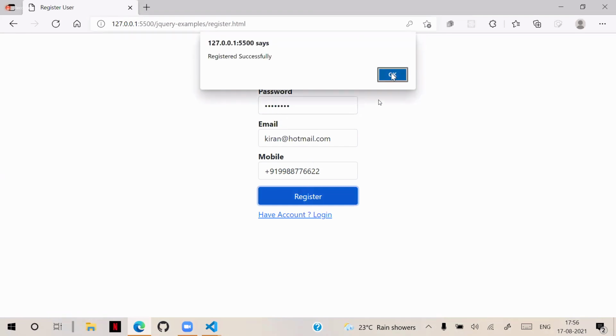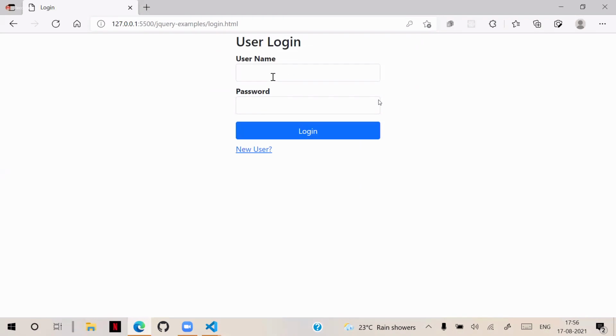Then automatically it will take us to the login screen. In the login screen, we can log in with the Kiran details because they are now stored in the database. I entered Kiran_Rao and a wrong password, and it says invalid credentials. The correct password is Kiran@11, and it takes me to the shopping page. So everything is working fine. We created a registration form and a login screen. Through the registration form, the user can register the details, and through the login form, he can log in and access the website.